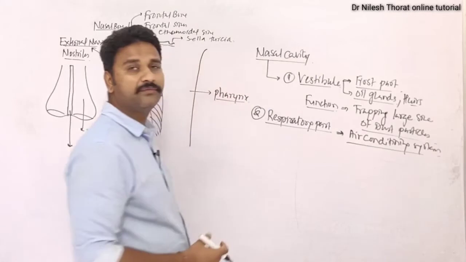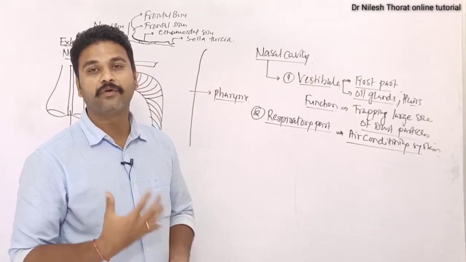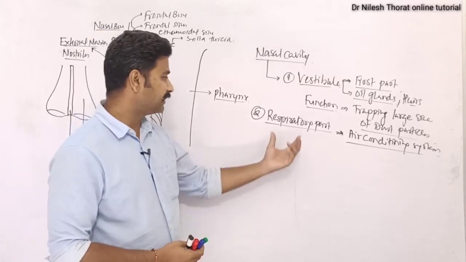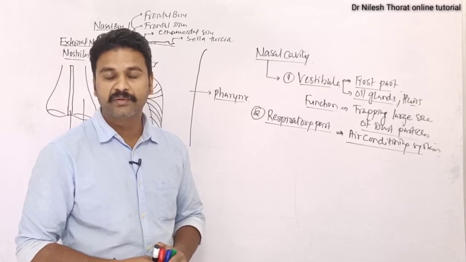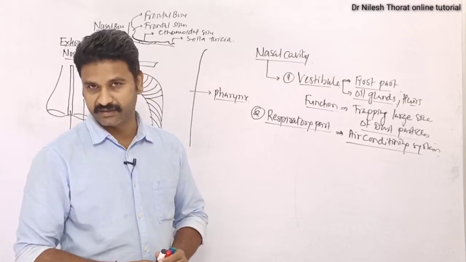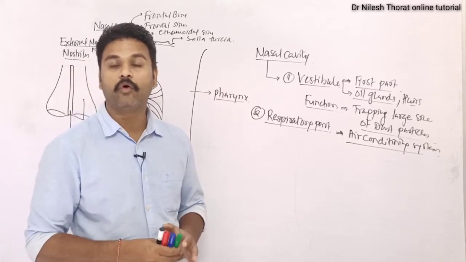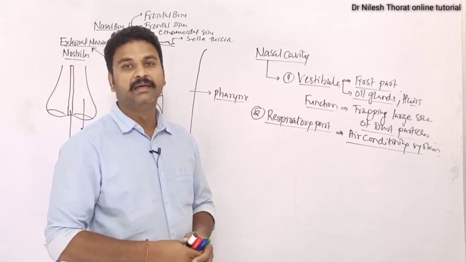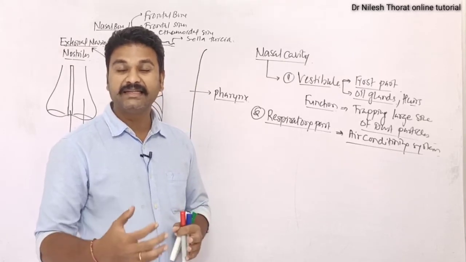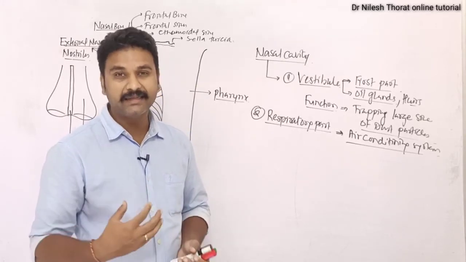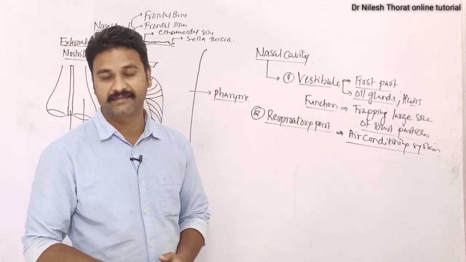What happens when we inhale cold air? That cold air is actually damaging for lungs. So this particular part, that respiratory part, is having the mucous membrane. This mucous membrane is richly supplied by blood vessels. So the flowing blood from these blood vessels will warm the air. Similarly, in the hot air condition, the air is dry. So this dried air is humidified in this particular part of the nasal chamber.